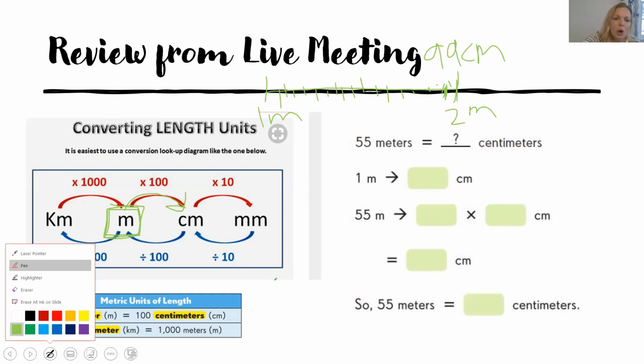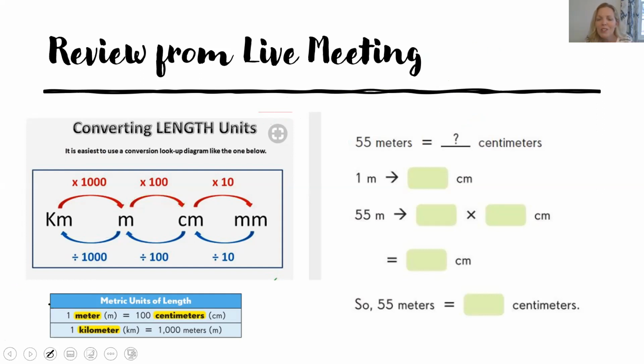Now the easy chart, or something I'm hoping will stay with you in your head, is this upper chart. And if you take your standard unit that you're going to be using, in this case meters, and you want to go to the centimeters, you are multiplying that meter measurement by 100. Again, why the metric system makes things so easy, because it is dealing in hundreds, thousands, tens. So then I look at my 55 meters, and if I multiply 55 meters times 100 centimeters,